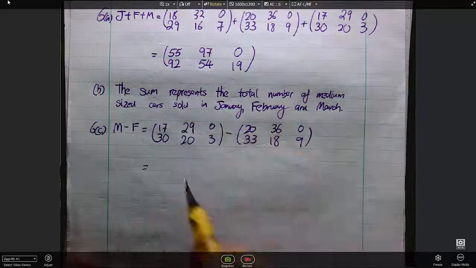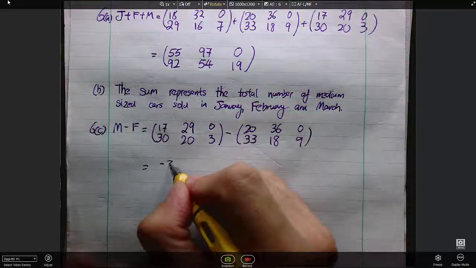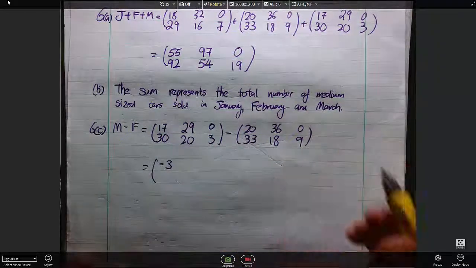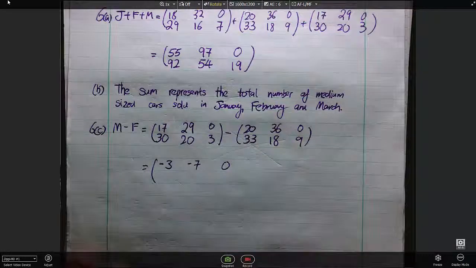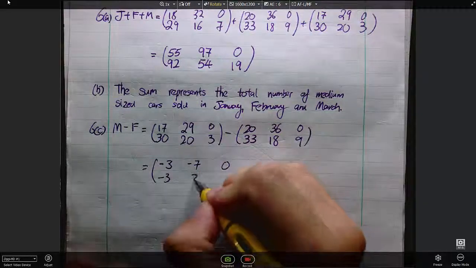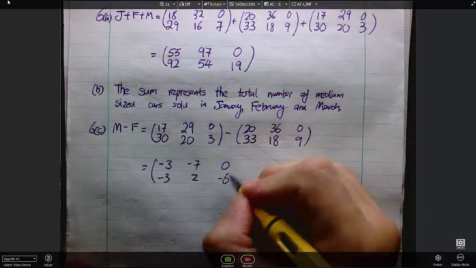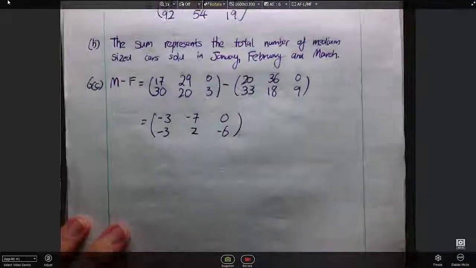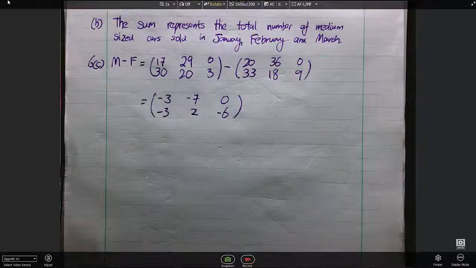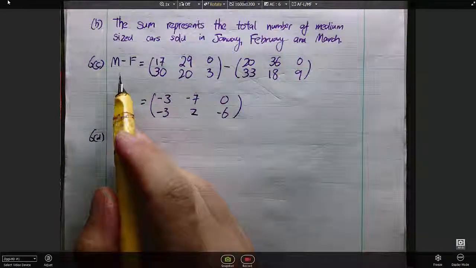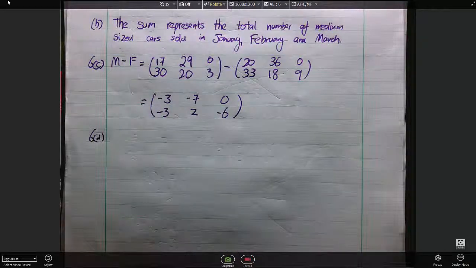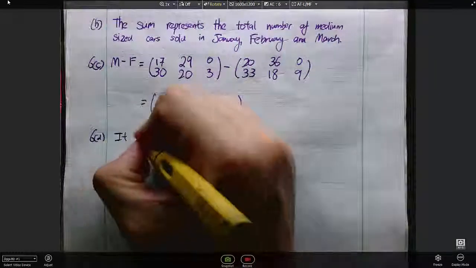Simple computation. 17 minus 20 is negative 3, 29 minus 36 is negative 7, and so on and so forth. And that is the evaluation of M minus F. It asks, what does M minus F represent? Basically it's all the cars sold in March minus February, so it actually shows the change